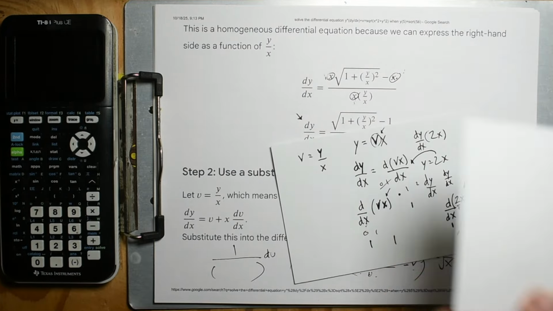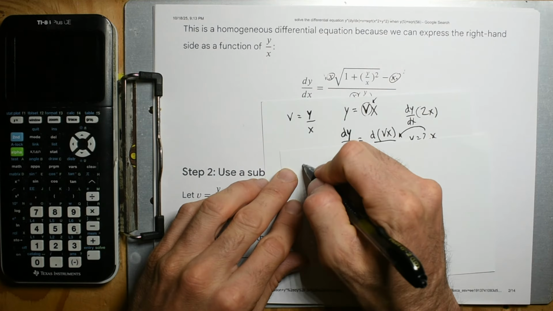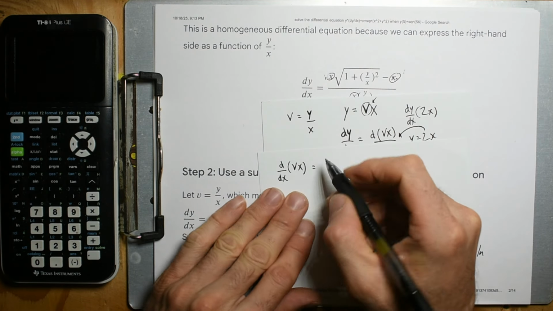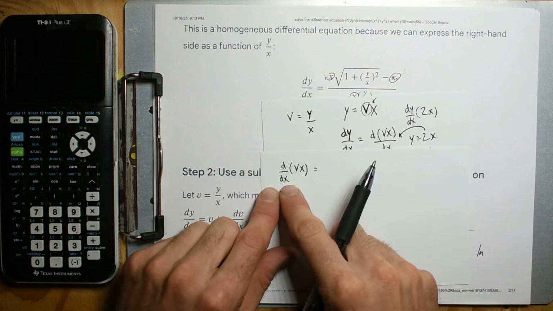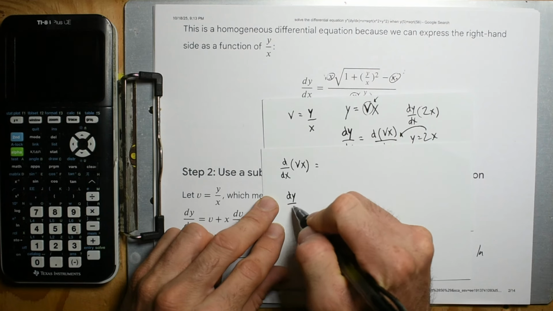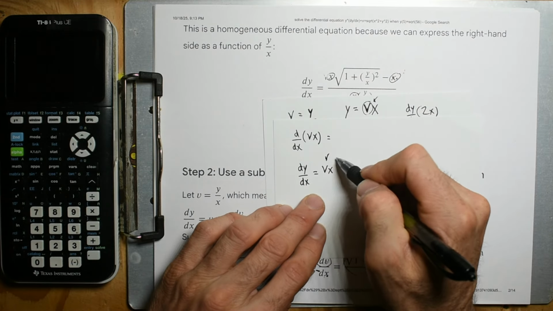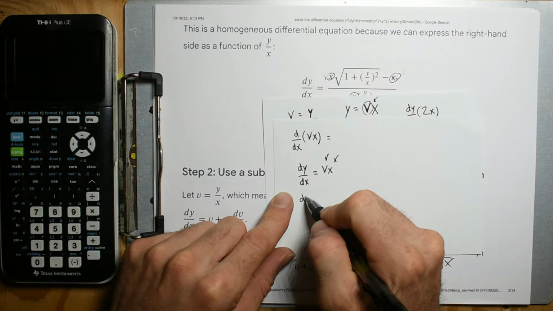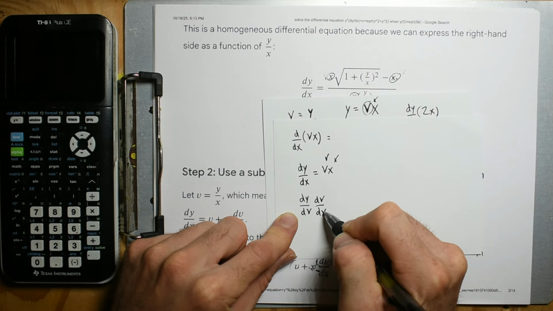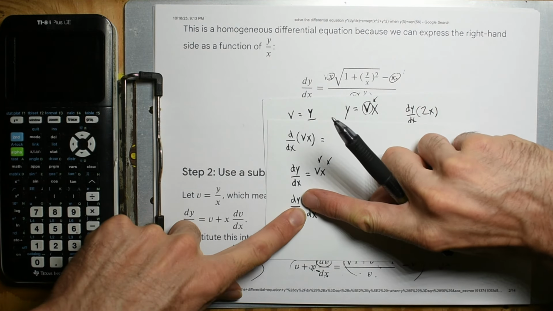as the product rule. And so, what do we have? So we have d dx of vx. And so this is going to be, and it was like this, dy dx of vx. So the product rule is, well, v changes and x changes. So we can write this, dy dv dv dx. And so that's how we write it, because these could theoretically cancel out, and then